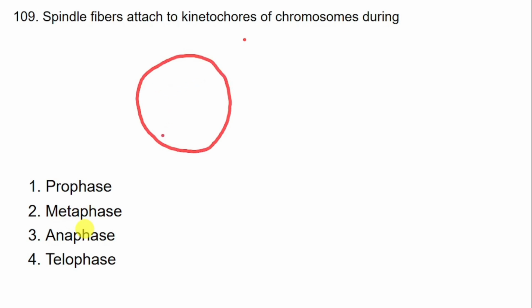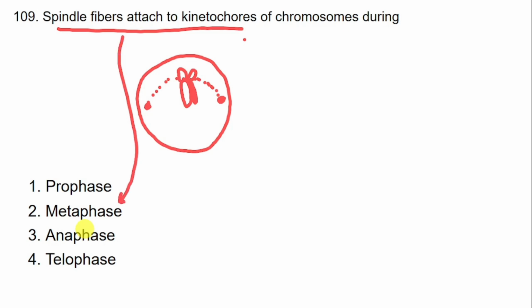And all the chromosomes are scattered around. So these two centrioles will throw the spindle fibers and it will help in aligning the chromosome at the equator. Okay. And then in the anaphase, pulling of the centromere occurs, and this leads to splitting of centromeres. And this is how the chromosomes move to the opposite poles. Okay, so important point, attachment of spindle fibers to kinetochore happens in the metaphase, not in anaphase. Next question.